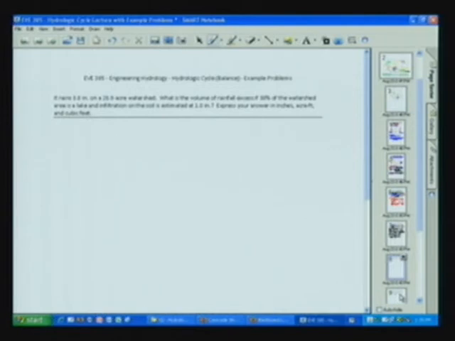Now, switching the problem up a little bit, this time we have the rainfall on a 20-acre watershed. We want to figure out the rainfall excess if 30% of the watershed area is a lake and the infiltration on the soil is estimated to be 1 inch. Now, this is a neat problem in that the condition of the lake ends up being very important to us, okay? Because the lake condition